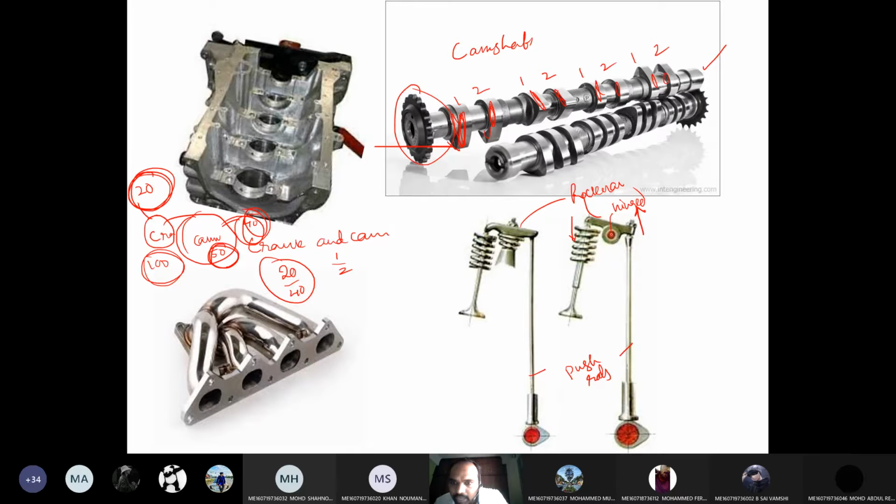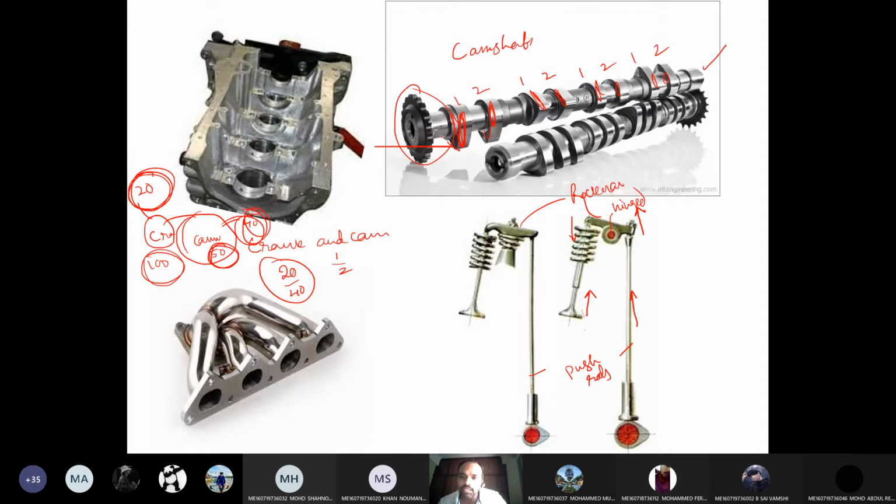Agree? When the cam is in operation, this push rod will be moved in the upward direction, and this rocker arm is hinged over here, thereby the other end will be lowered. Therefore this will push the valve in the downward direction against the spring force. As soon as the cam moves away from this projected part, the spring force brings the valve back to its original position. This is the working of push rods as well as rocker arms. Clear how the valves are operated?